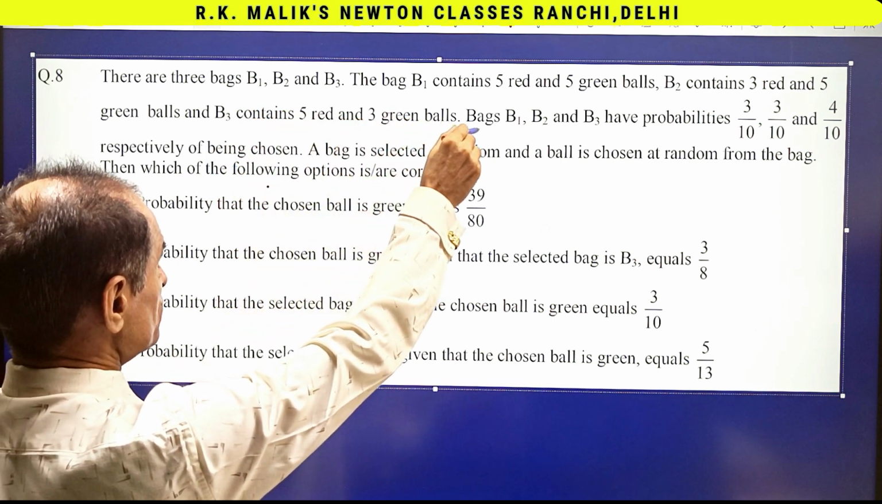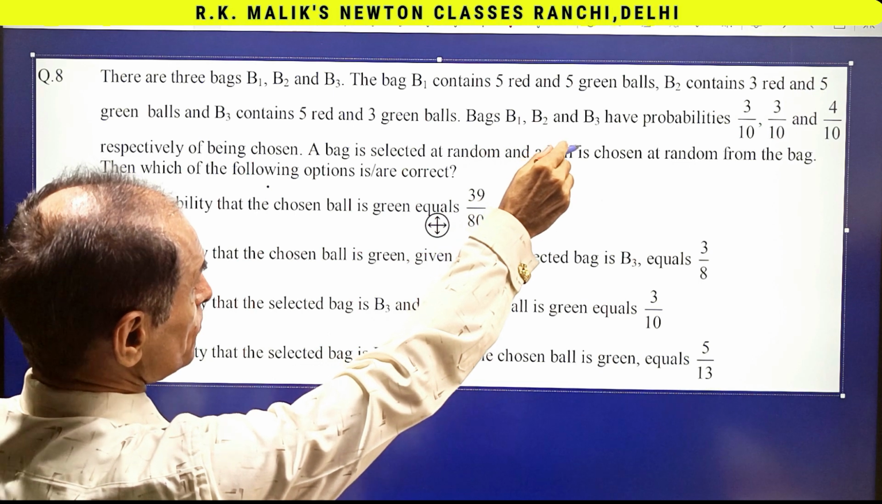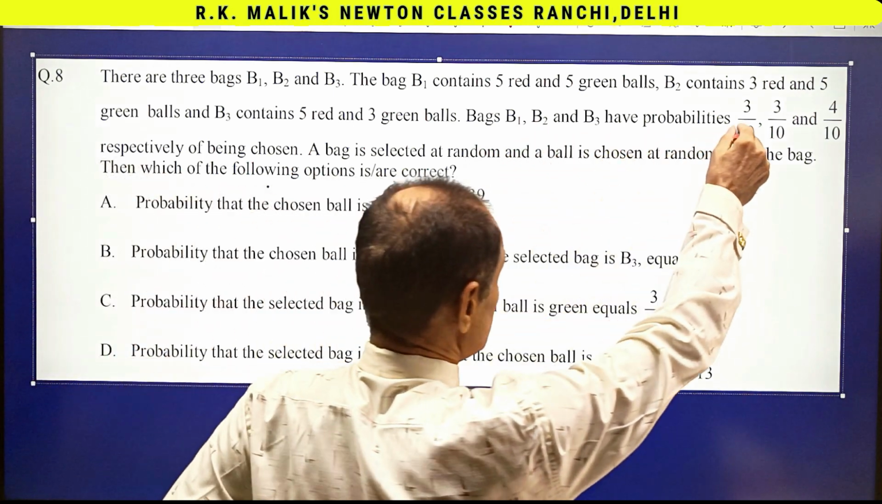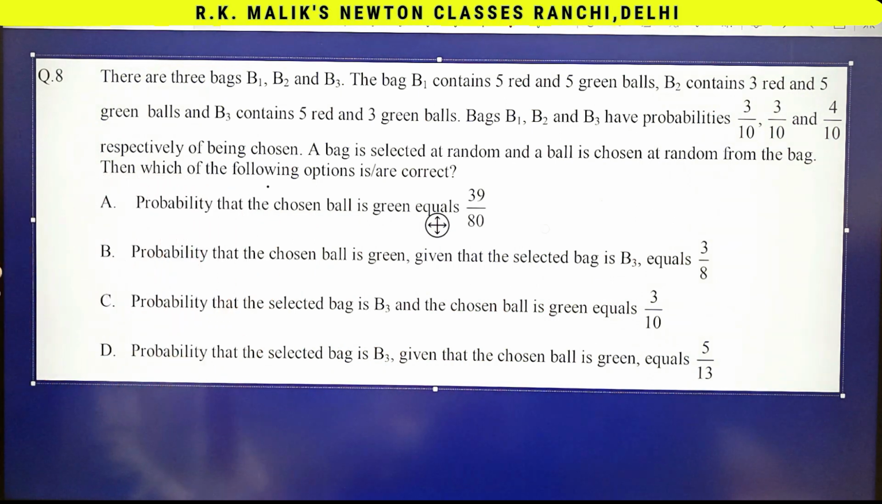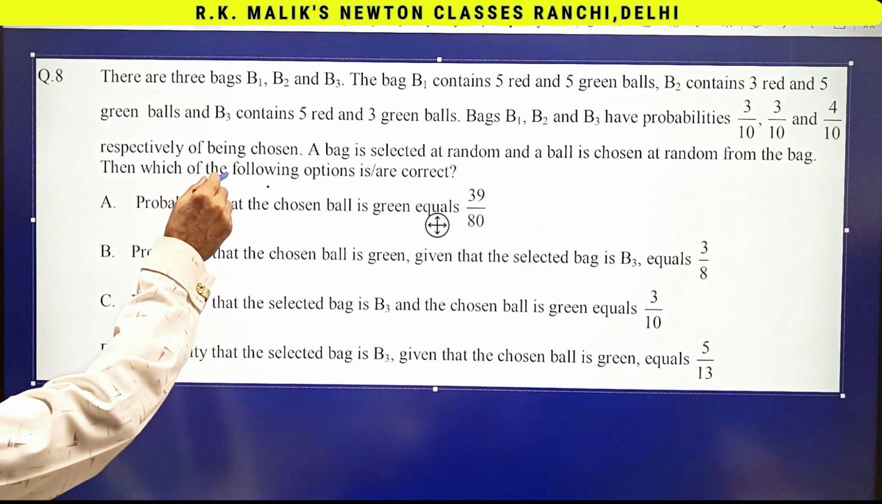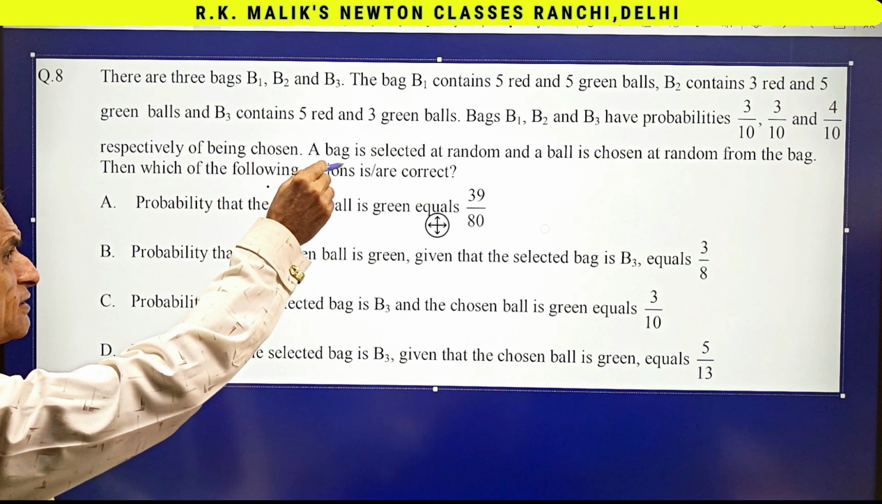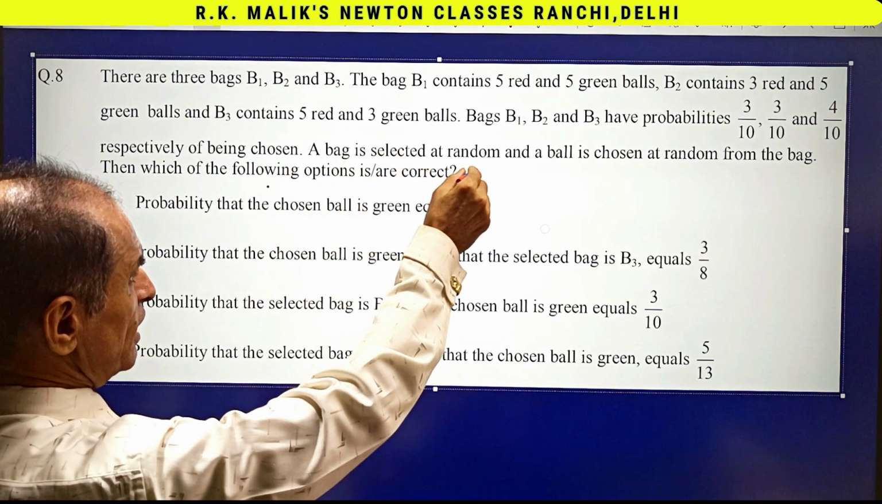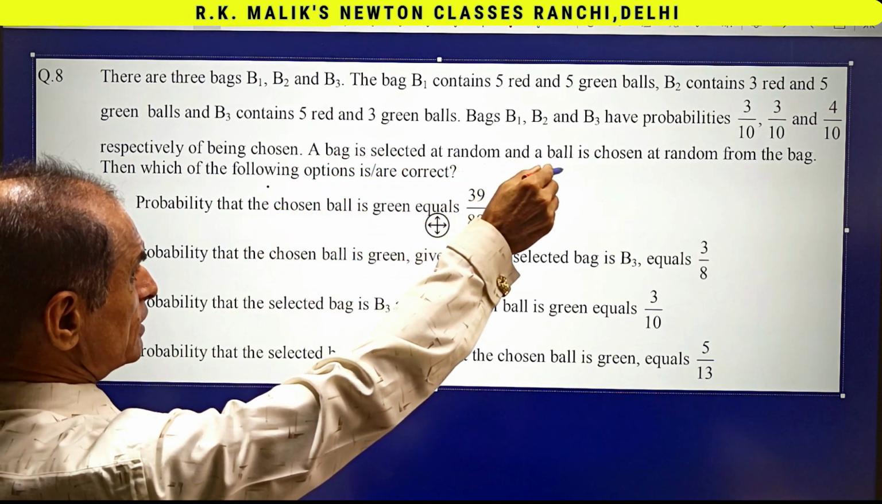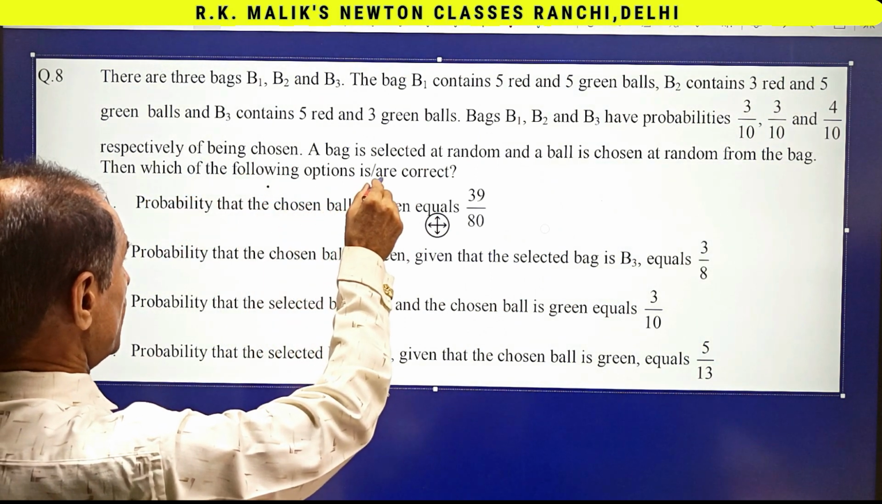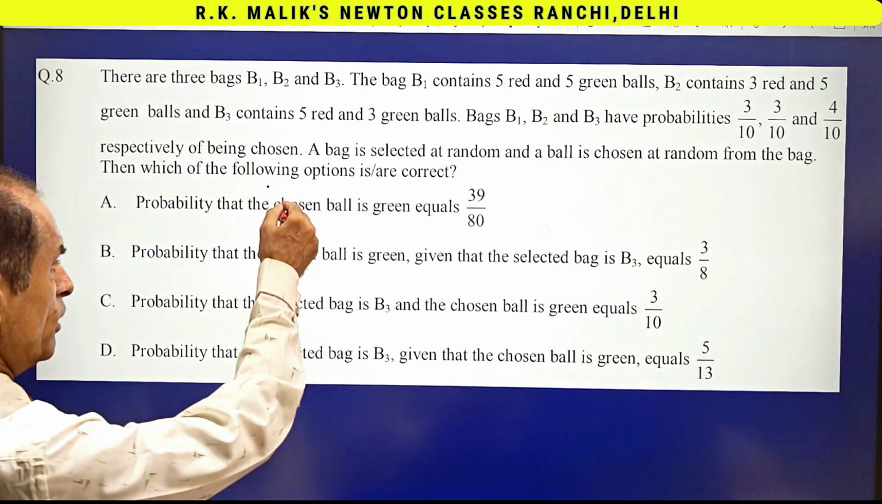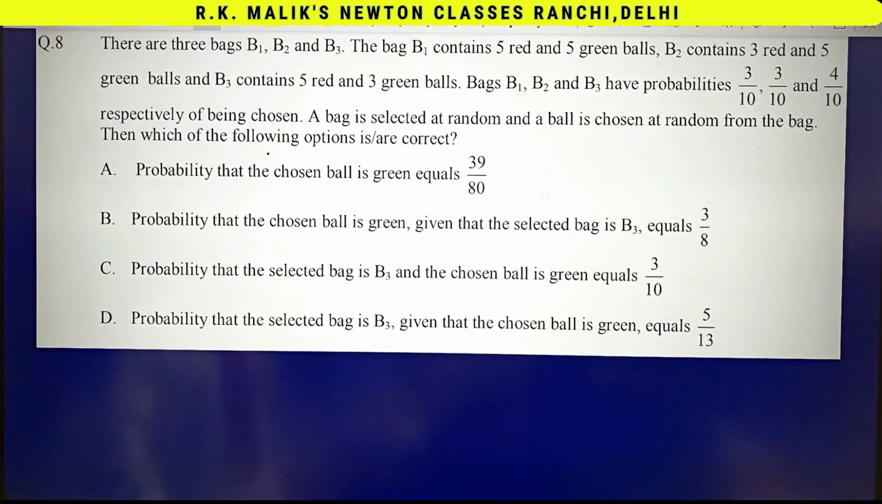The bags B1, B2 and B3 have probability 3 by 10, 3 by 10 and 4 by 10 respectively of being chosen. A bag is selected at random and a ball is chosen at random from the bag. Then which of the following options are correct? You have to find the correct choice. For solving this question, suppose